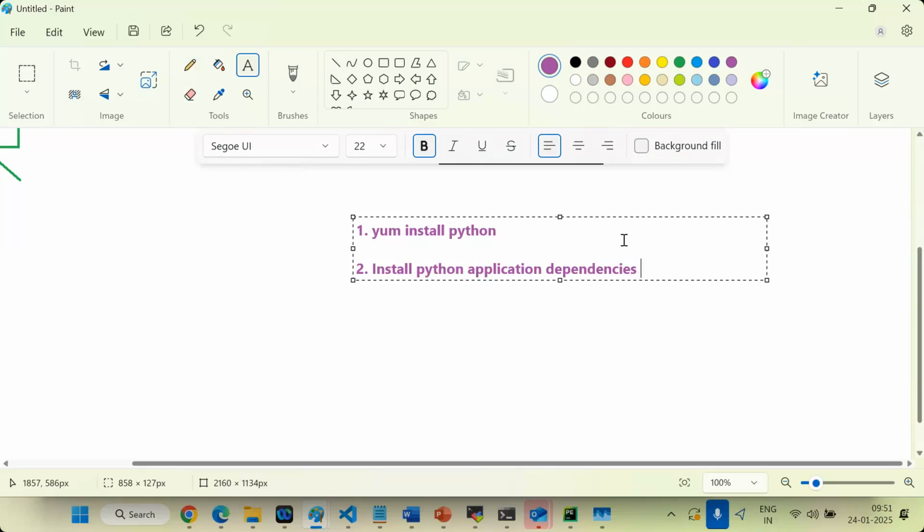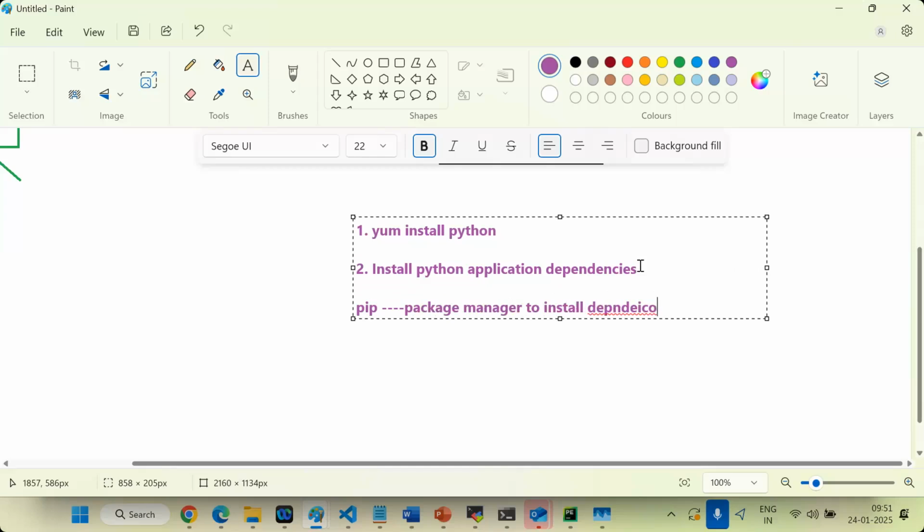So guys, in Python code, if you want to install any dependencies, we use the pip command. Pip is the package manager to install dependencies for Python. Clear now?